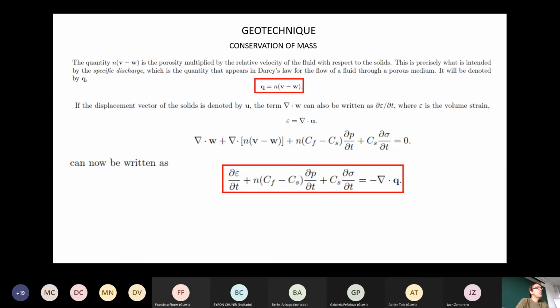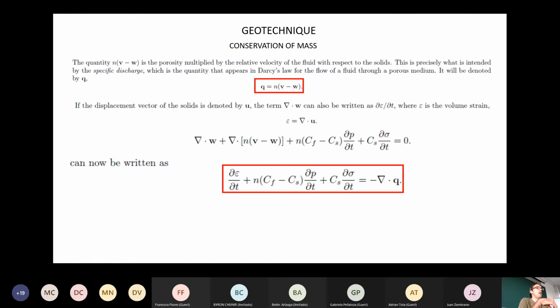But for now, it is important to consider that Q is, as we said, the flow of a fluid through a porous medium. So if we consider the difference between the velocity or the relative velocity multiplied per n, the porosity, we can have that Q is our flux. And also, if the displacement vector of the solid is, as we do in mechanics, in structural engineering, U as a displacement, the term gradient W can be rewritten in this way by applying, as I said, the strain, and so everything will be changed into epsilon equal the gradient of U